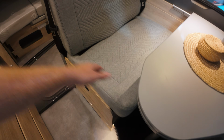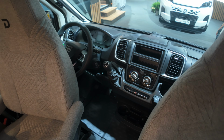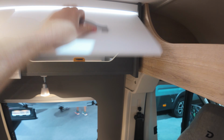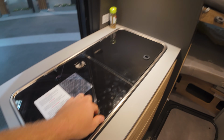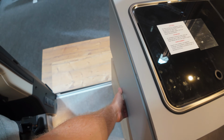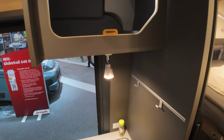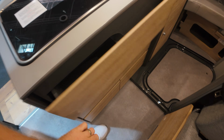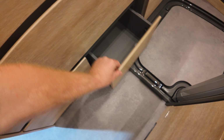Pretty nice sitting area, folding table standard, Fiat Ducato chassis, and they retain the upper part for additional storage. We have two cabinets on this side and also two burners with a sink. Folding kitchen space on that part, smaller cabinet for your kitchen stuff, and then slide out two bigger drawers with additional drawers from